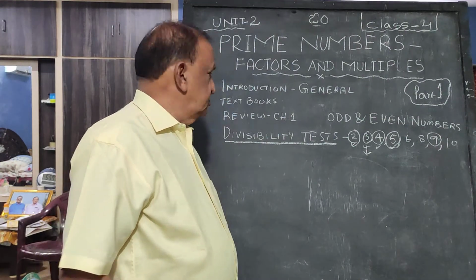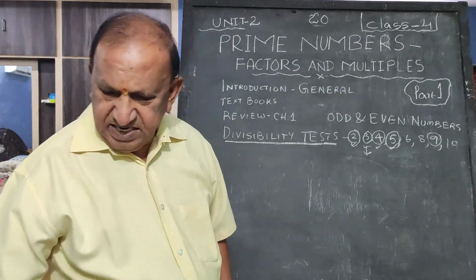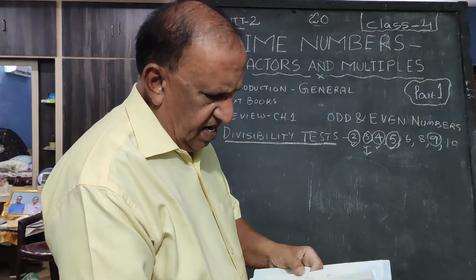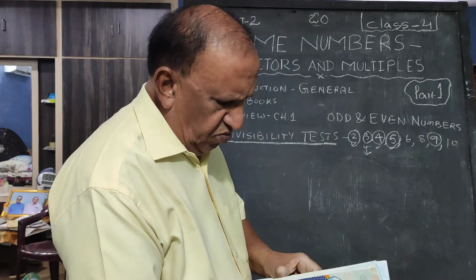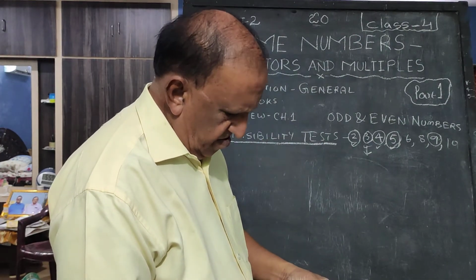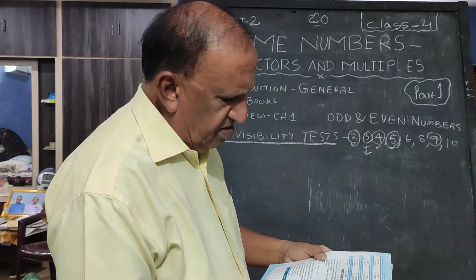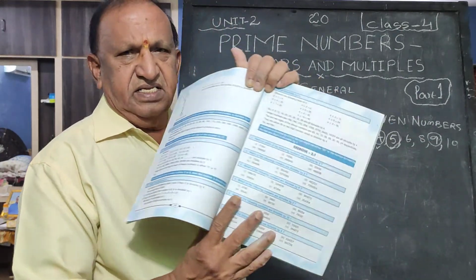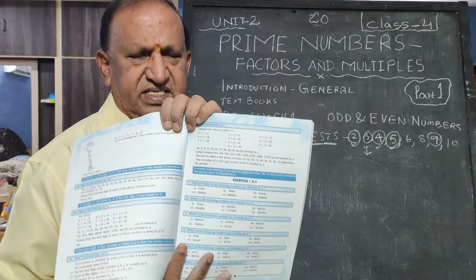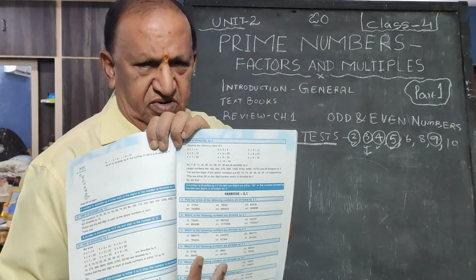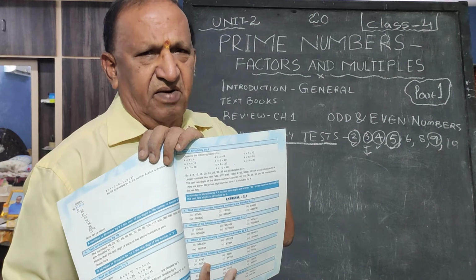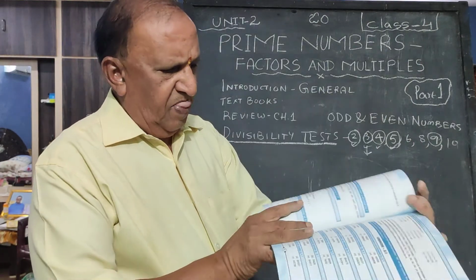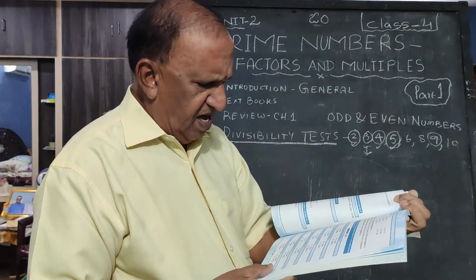So now you studied in this part 1 odd and even numbers and the divisibility tests. Let me see the exercises. Okay, there are exercises here. Exercise 2.1 is here, and then we'll think about multiples and factors and all that. You can see there are several exercises here. There you have to check whether a particular number is divisible by 2, 3, 4, like that. So you have to do all these problems.